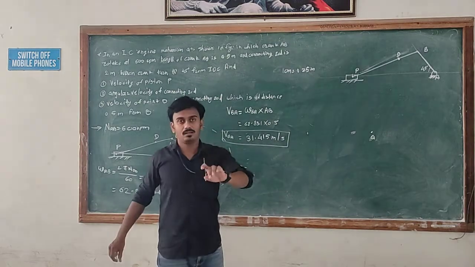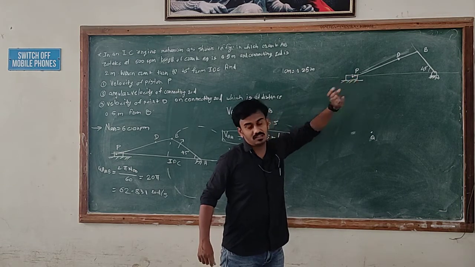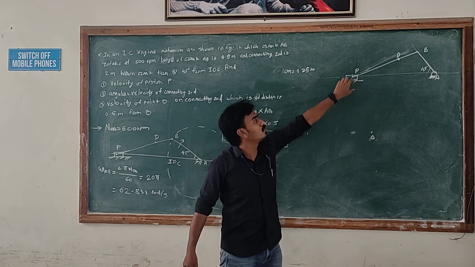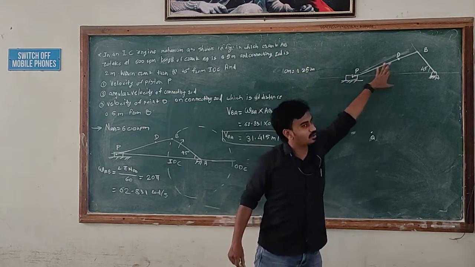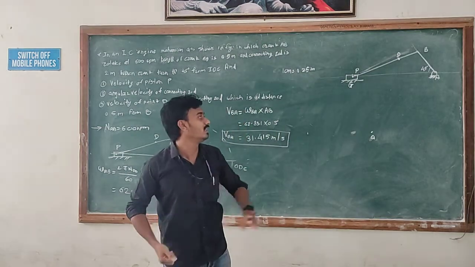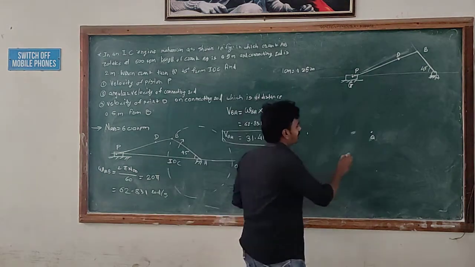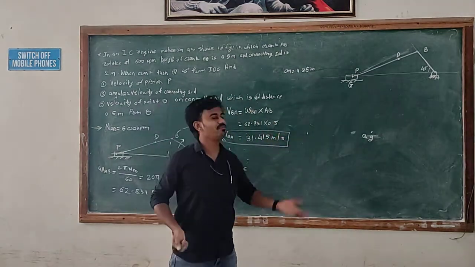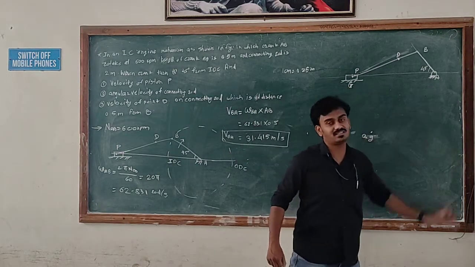I will make an assumption here: point P is on the slider, and it moves along this straight line. This means point P will move along this side and along this side, with respect to this point G. G is supposed to be a fixed point. As here A is fixed, similarly here point G is fixed. So both A and G will appear at the same position, because G is also fixed and A is also fixed.